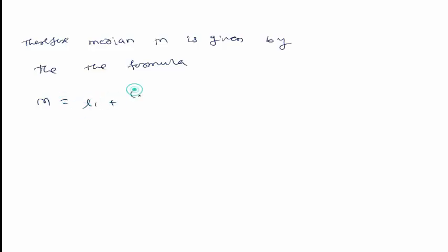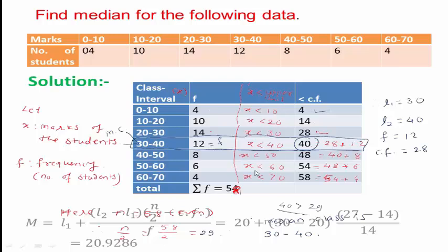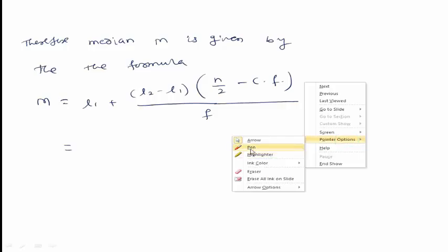Therefore the median M is given by the formula: capital M is equal to L1 plus (L2 minus L1) into bracket (N by 2 minus CF) divided by F. This is the formula. So what is the value of L1 here? You may see here L1 is 30, L2 is 40. So this is 30 plus